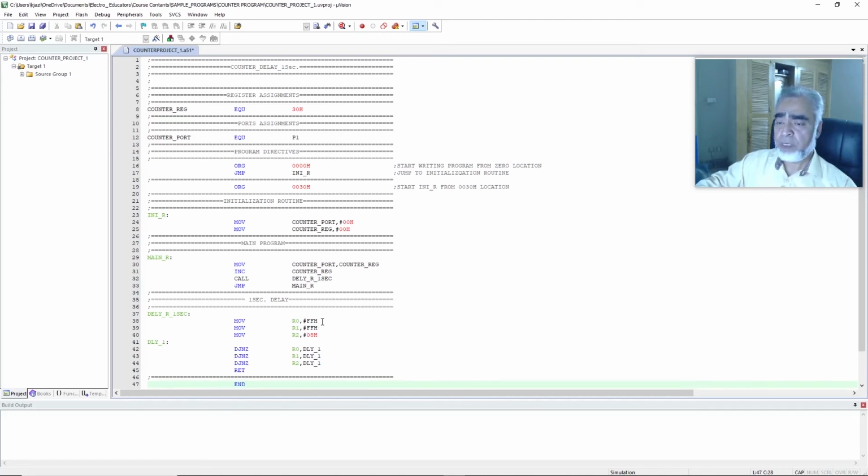approximately 1 second. And then our program will come to delay 1, and here it will decrement the first register, that is R0, up to 256 times. Then it will come to the next line, and again it will decrement R1 one time and will go back to delay 1. And after decrementing it 256 into 256, if both the registers are 0, then